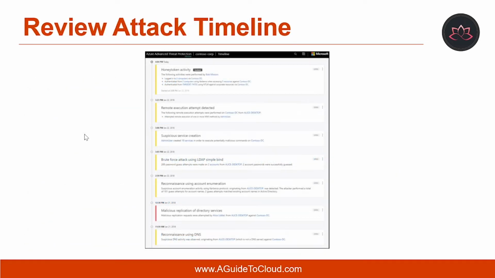After you log into the Azure ATP portal, you are automatically taken to the open security alert timeline. Security alerts are listed in chronological order, with the newest alert at the top of the timeline.